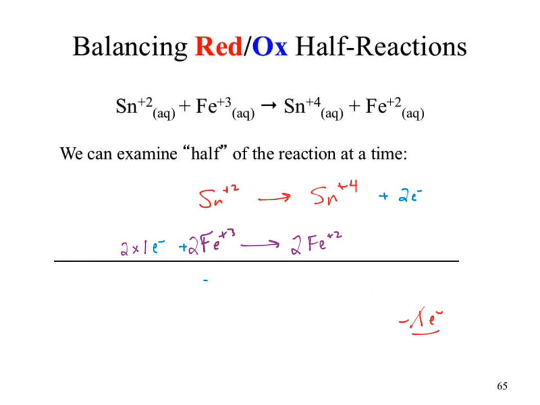The least common multiple. Does that factor in for the second? Can we figure out what is the lowest common multiple between 2 and 1? 2. How do I make the 1 a 2? Multiply by 2. How do I make a 2 a 2? Multiply by 1. Multiply everything by 1. What happened to my coefficients? Nothing. What happens when I now add the equations together? 2 times 1 electron is 2 electrons plus